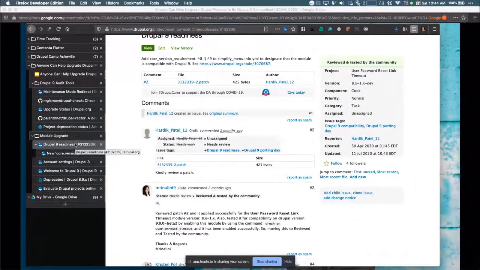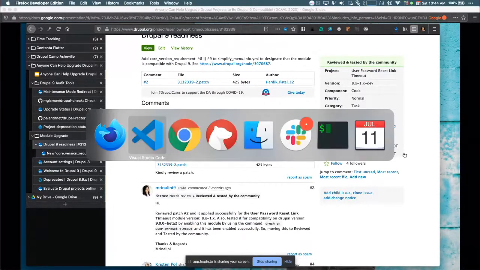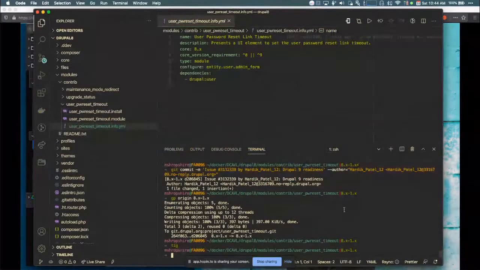Let's go make the new version. How about that? So what we're going to do now is we're going to tag a new release. There's some differences on how you can tag stuff, but I'm going to do git tag. There are different ways to do version numbering now in Drupal 9. I did some research and it seems like we just need to stick with this current setup. So I'm going to do git tag 8.x-1.2. That'll be the next version.